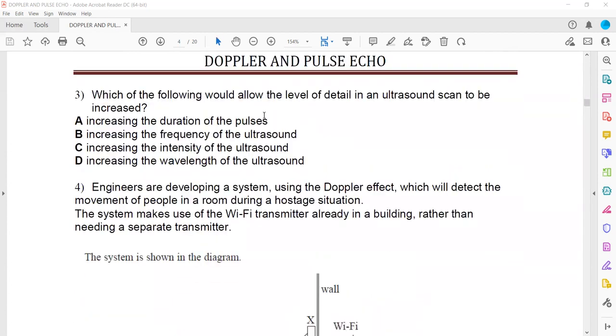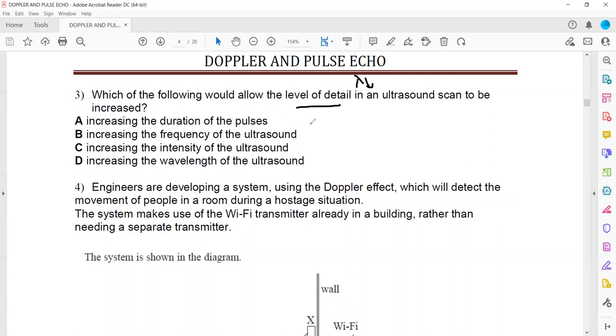Then in question 3, which of the following would allow the level of detail in an ultrasound scan to be increased? If we want to make a more detailed image, what should we do? We should reduce the wavelength, or we should reduce the length of the pulse. So for question number 3,